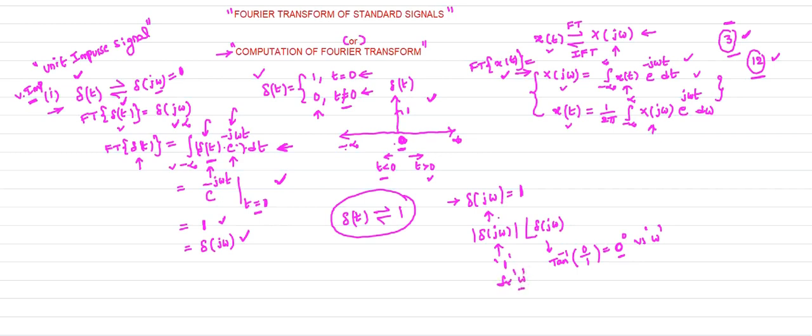So whenever you apply the Fourier transform to the time domain signal, you will get the signal in the frequency domain. That is your delta of j omega. Now if you observe this signal, this signal is a complex function in terms of omega. Any complex function has a magnitude and a phase.